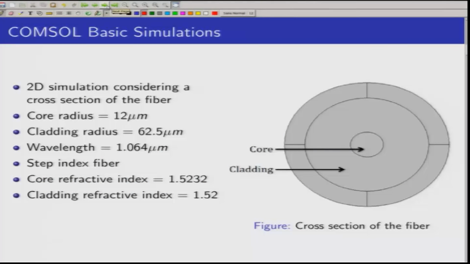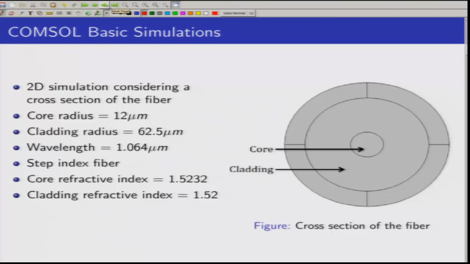In order to solve for this, there are analytical approaches where we need to solve the equations and apply the appropriate boundary conditions. But today we are going to see a numerical approach by using a software called COMSOL and see how these modes actually look and what the different properties of these modes are under different conditions. For that purpose, initially we need to set up the problem in COMSOL.